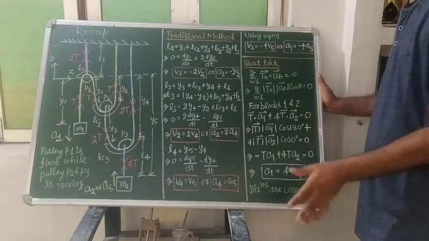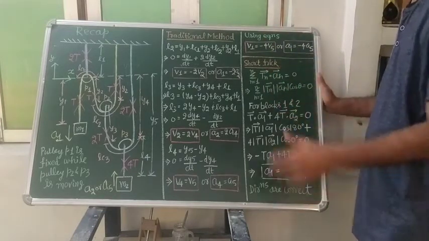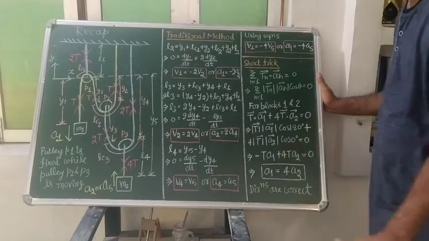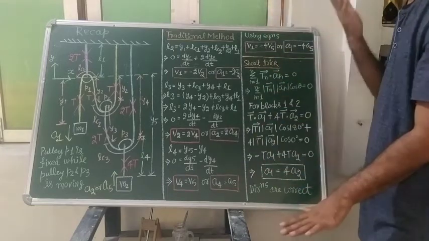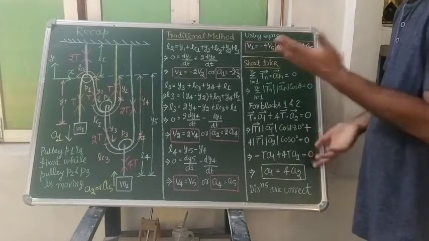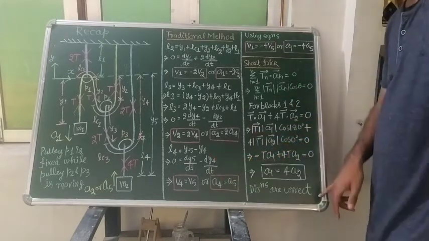Or when you study, it will be represented by i cap, j cap, k cap, minus i cap, minus j cap. I will tell about those things, but the negative sign will represent that they are on the opposite side, and the positive sign will represent that they are on the same side. So here, whatever direction you have selected is correct.